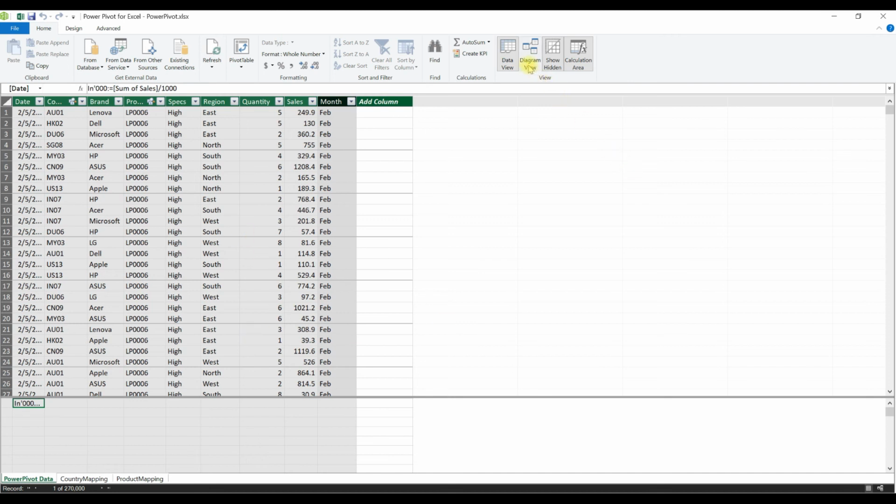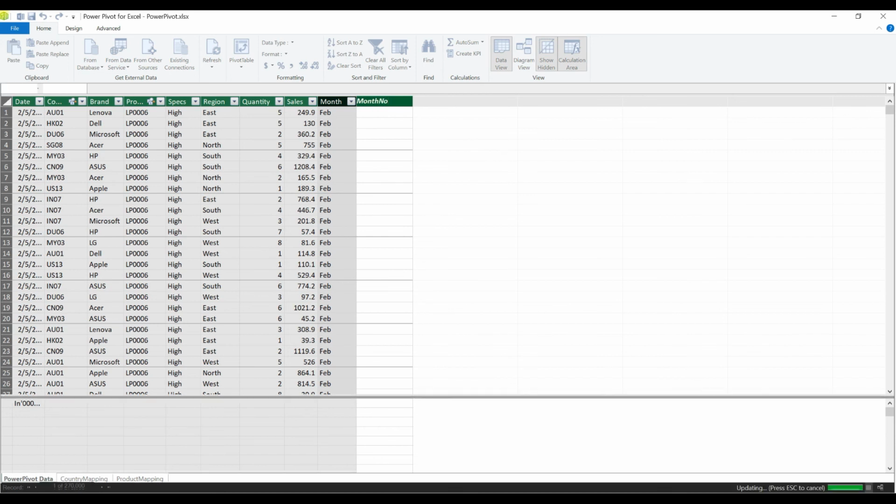Through diagram view, we connected all three tables, and wherever we had country and product code, we pulled the country and the product name instead of the code, and we pulled the month from the date. You can also pull the month number. So instead of month name, in case I want month number, let's add one more column, month number. Just enter.